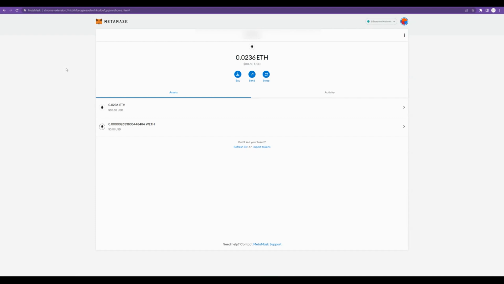Let me know if this helps you guys out. It's a quick process. You're just going to need that recovery phrase to get back into your MetaMask wallet. From there, you can sync it up to all the